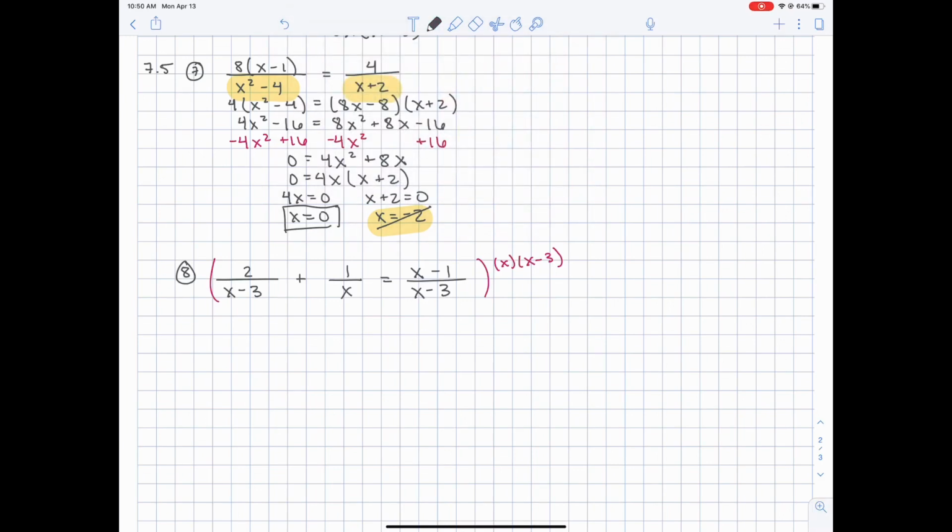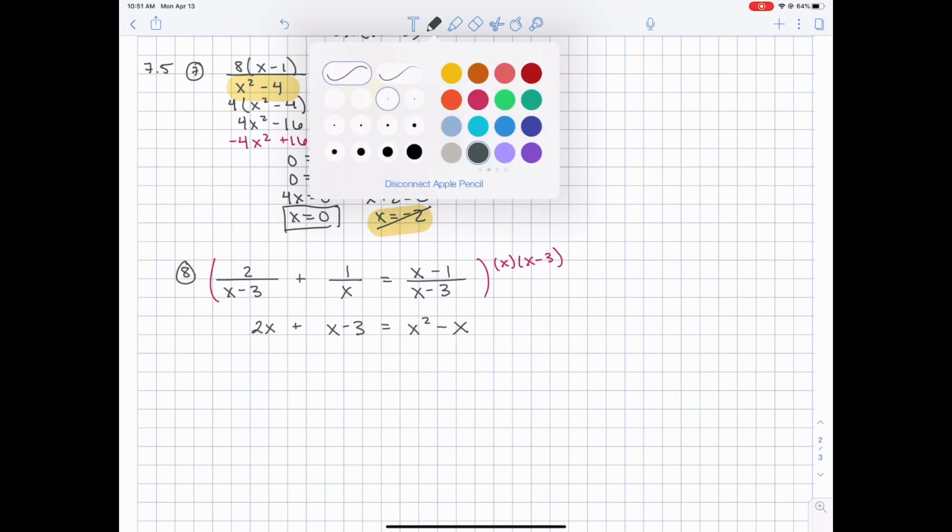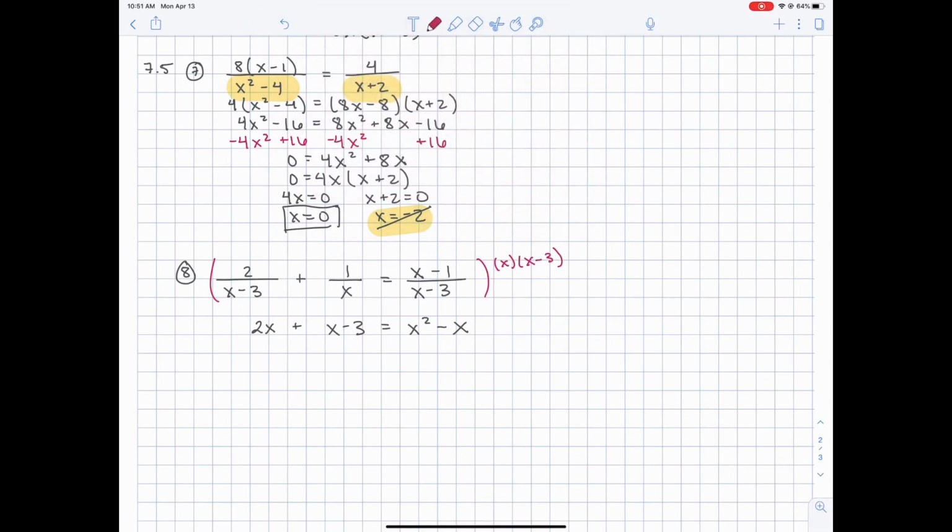This x minus 3 on the first one, which leaves me with 2x, plus the x cancels out on the second one, x minus 3. And my very last one, the x minus 3 cancels out, so I have x squared minus x. It's another quadratic. You could go ahead and combine like terms on one side, but I find it easier sometimes just to kind of all combine like terms on one side